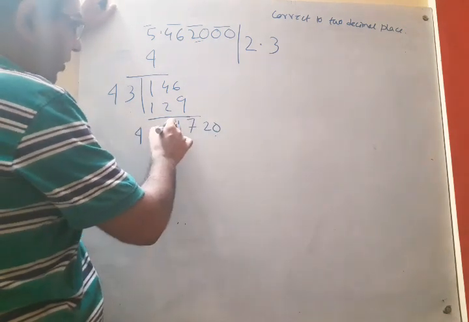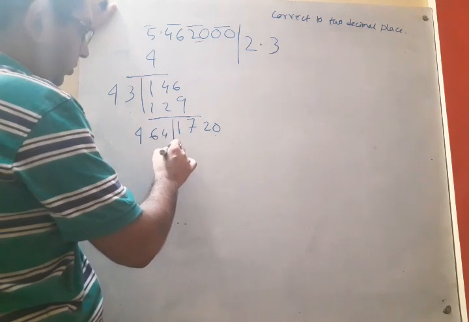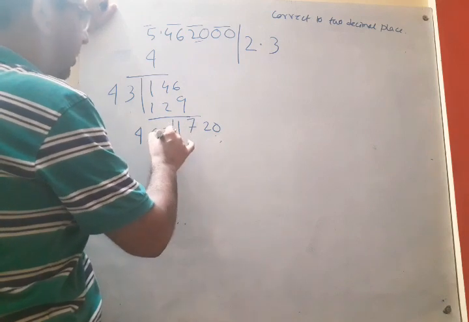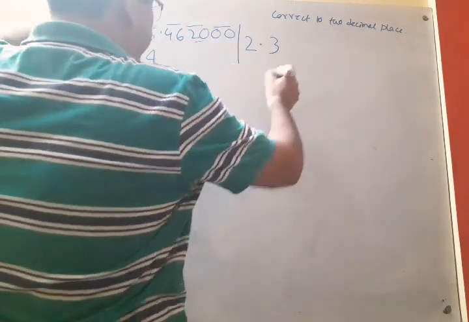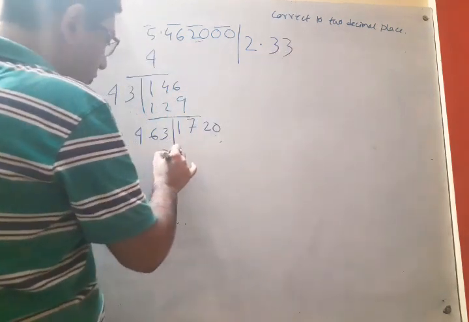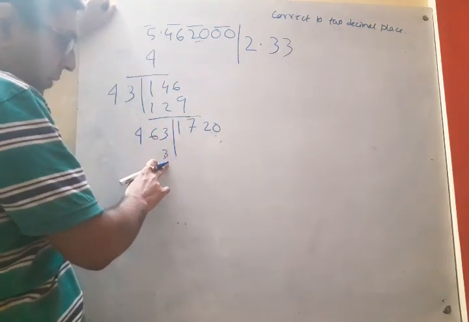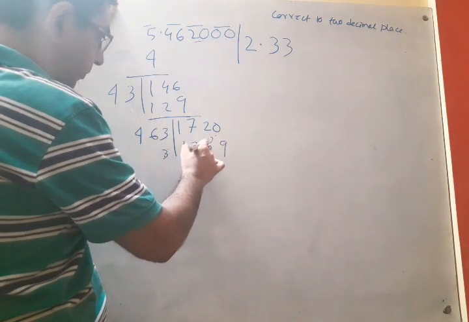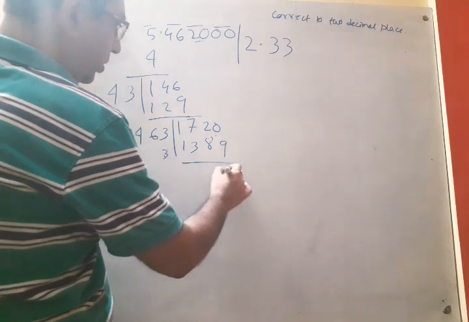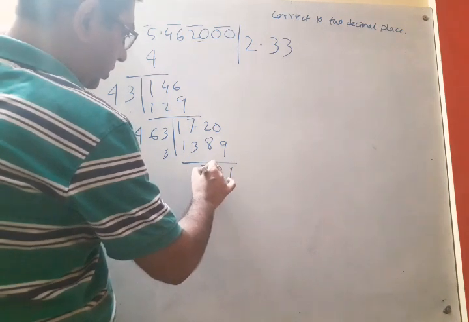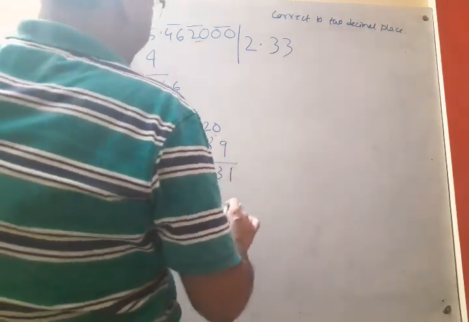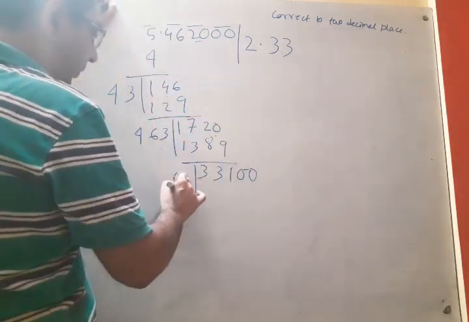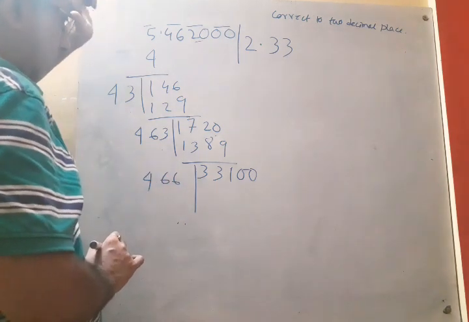So we write here, if we write here 4, no, we cannot write here 4, we write here 3, because otherwise it will cross the value. We write here 3. So 3 3 is 9. If we write here 3, we multiply this by 3. 3 3 is 9, 3 6 is 18. Right? 331. Now these 2 0 will come here. Now what is the double of this one? Okay. Now what will I write?